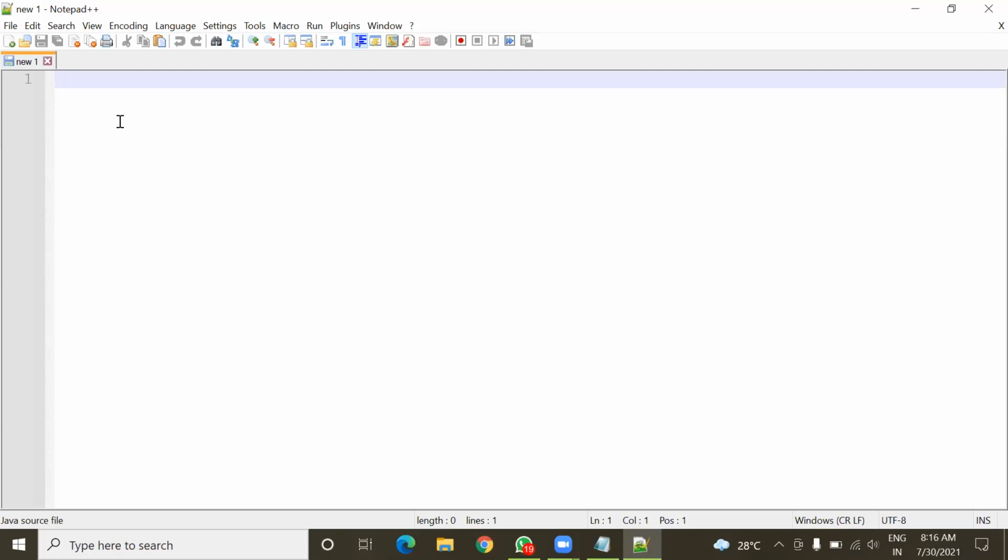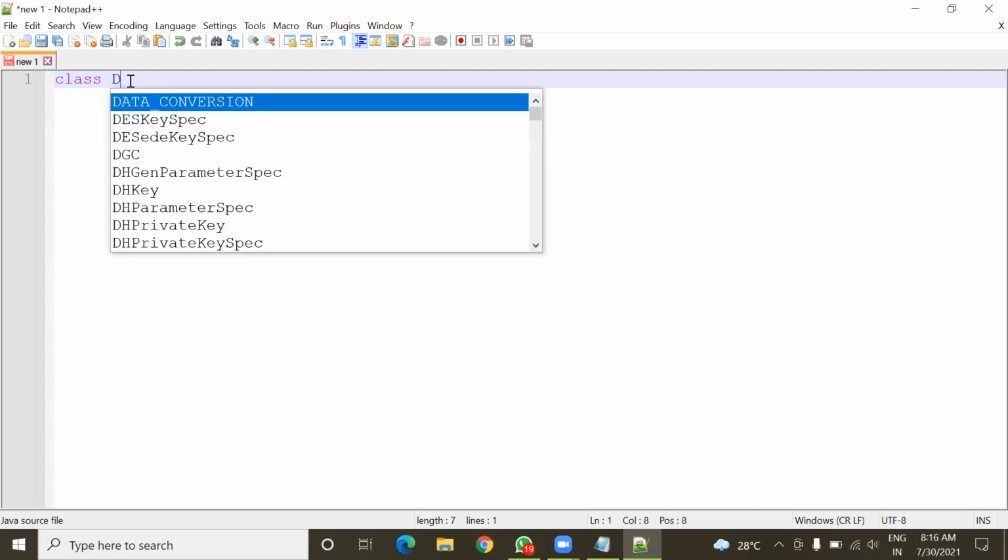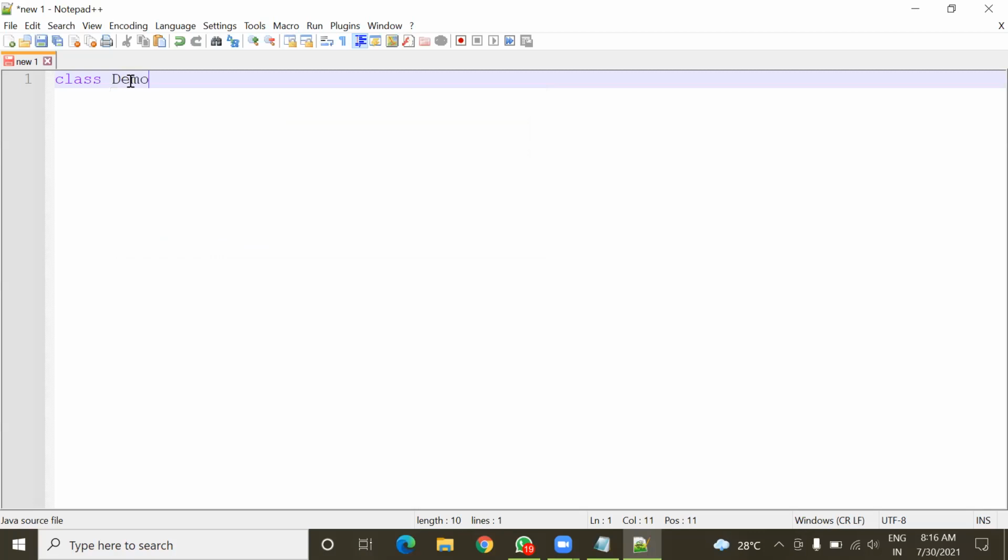Every Java program must have at least one class. A class is named with the keyword class, and after this you have to give the name of the class. For example, here I am going to give the name demo, meaning I am going to create a class and the name of the class is demo.